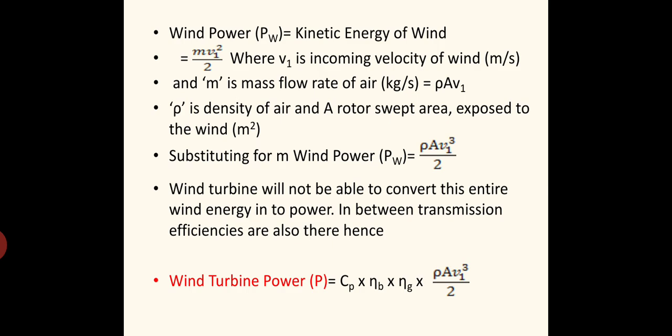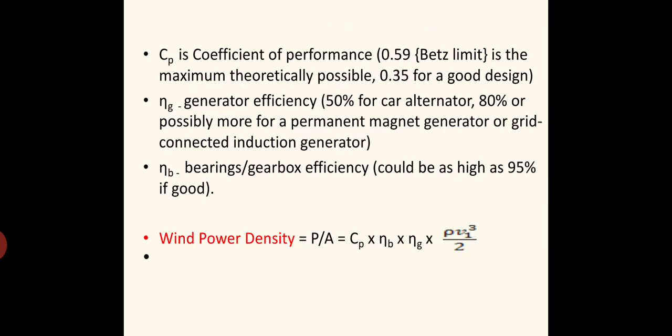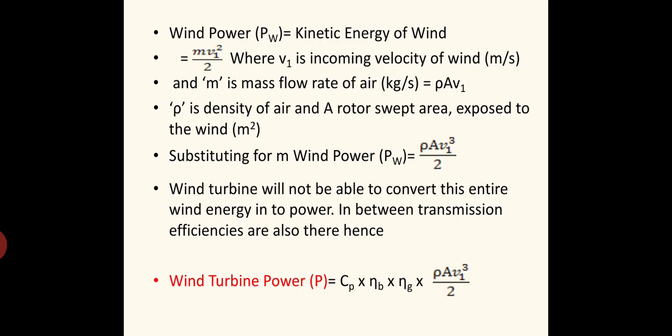So wind turbine power output is given by the equation Cp into efficiency eta B into eta G into rho A v1 cube by 2. See, this rho A v1 cube by 2 is nothing but the wind power, and this much transmission efficiency. eta B is the efficiency of the bearing and gears, and eta G is the generator efficiency. These two are the efficiencies. First one, eta B, is the bearing and gear mechanism, the transmission gears, that efficiency, and